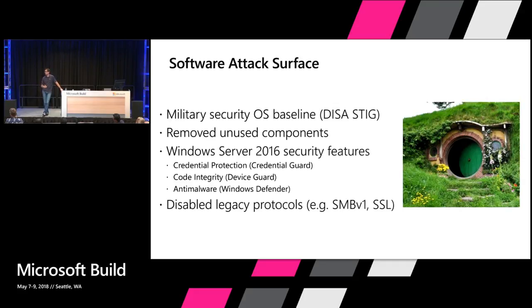We remove all the components that we don't use from Windows and so on, so that the attack surface is reduced. And we also heavily leverage all the Windows security features. One that I want to mention here specifically is code integrity. Code integrity, which is part of the Device Guard umbrella, basically allows only the code that has been signed by either Microsoft or our OEMs to run in Azure Stack.